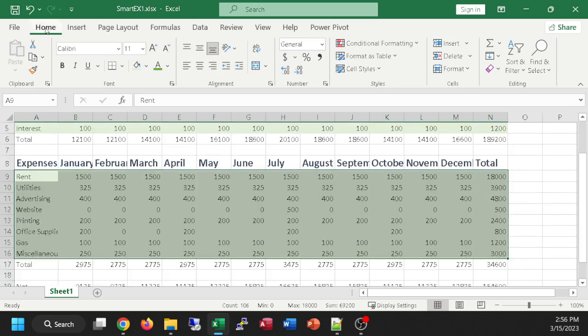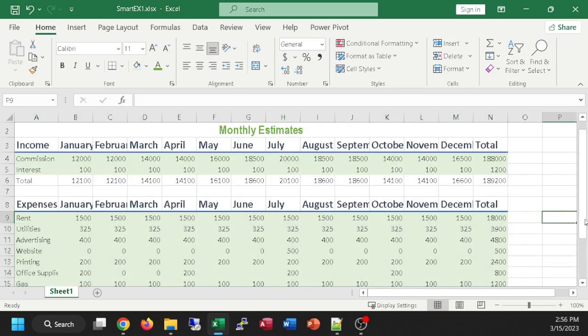Now I'm going to do alternating colors. This is the hard way. I'll show you an easier way later on. We're going to do it the hard way